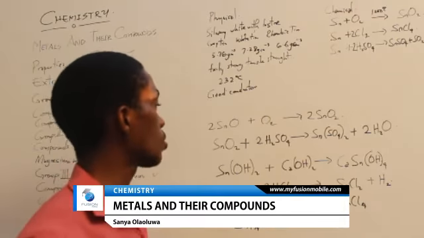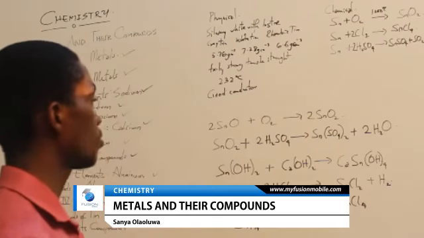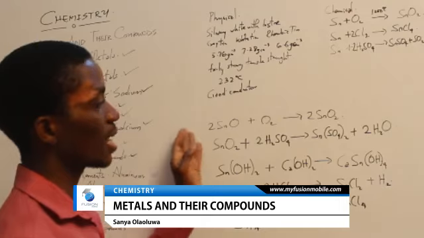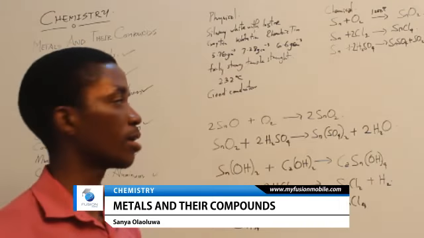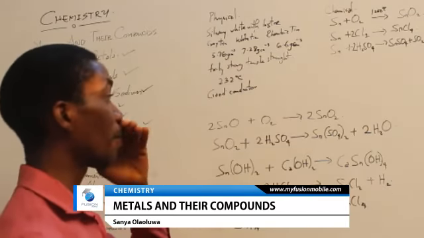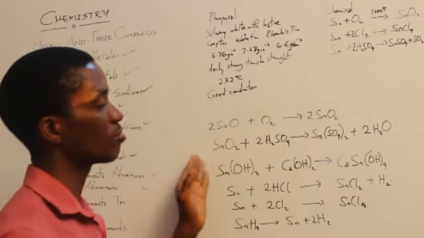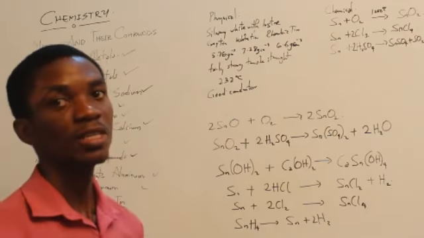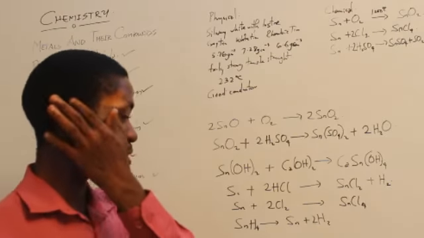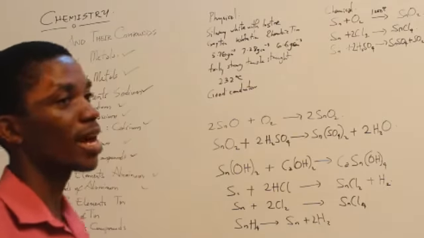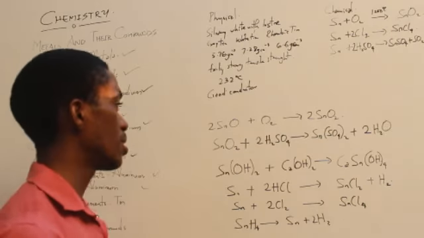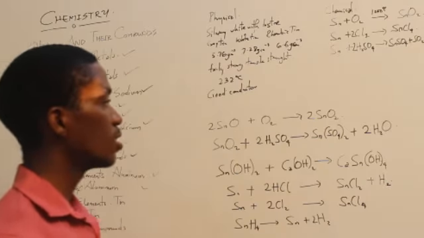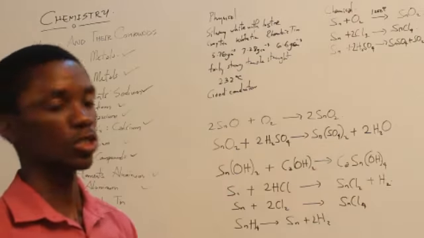Alright, let's proceed to tin 4 oxide. Tin 2 oxide is an amphoteric solid. The same thing with tin 4 oxide. All tin substances are amphoteric. When they say they are amphoteric, it means they can react with both acids and bases. So tin 4 oxide reacts with tetraoxosulfate 6 acid to produce a salt and liberate oxygen.